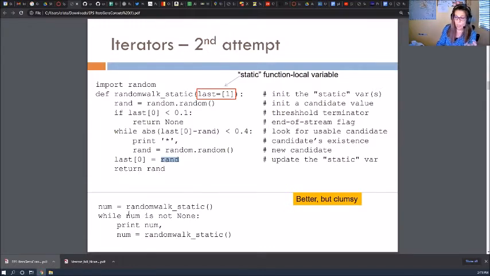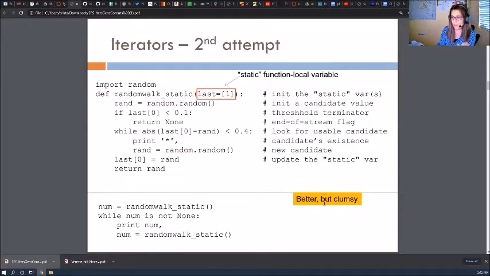So now on the caller side, we make for example, a first call to this function. We get one number. Okay, we don't get the list now. We get single numbers out of this function. And then what we do is, while this is not done, then we print the number and we call the function again, right? So we're always calling the function and then we're getting one number at a time.